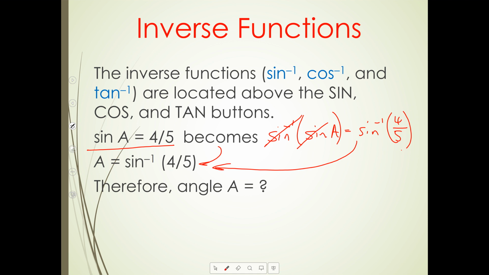Can somebody confirm? Okay, so angle A is equal to 53 point, you said 13? Yeah. 13 degrees. I don't have to do any trig to solve for P, because all I'm going to do is take 90 minus that answer and get